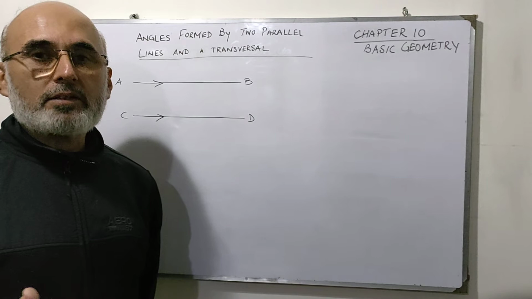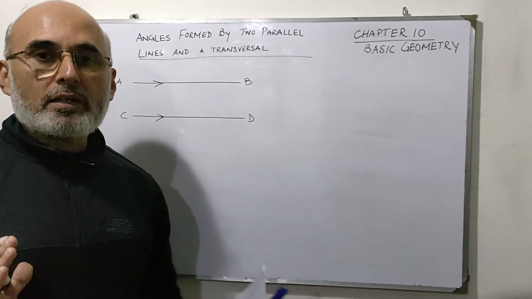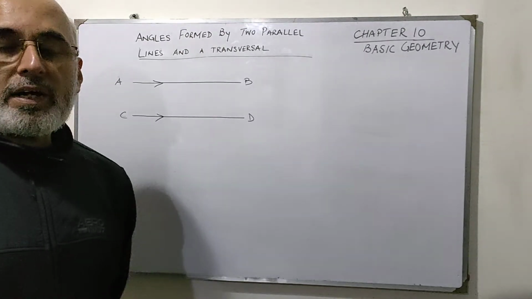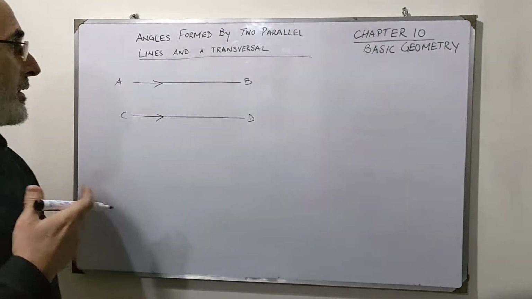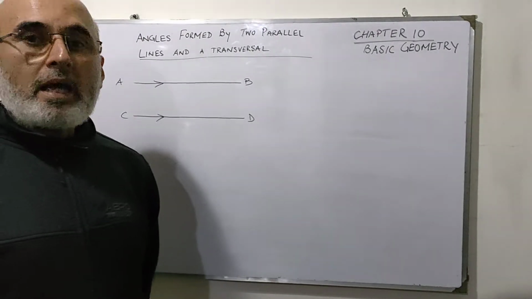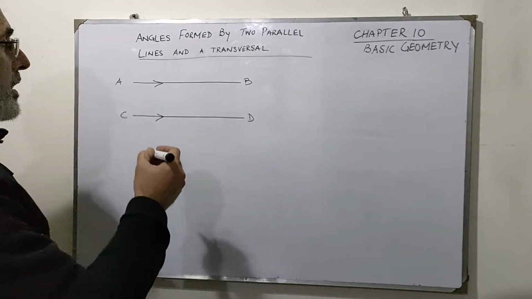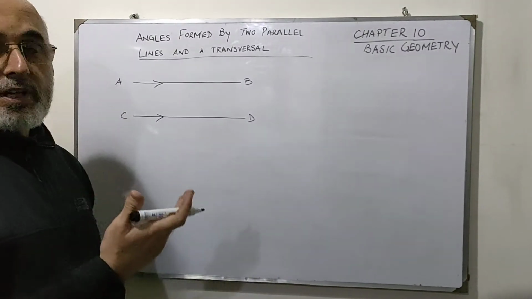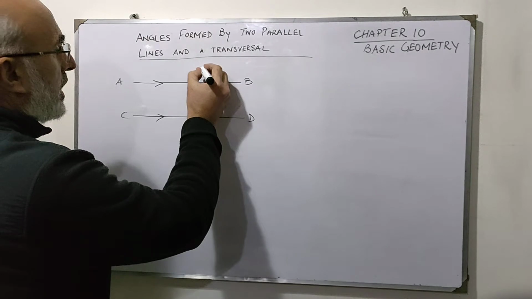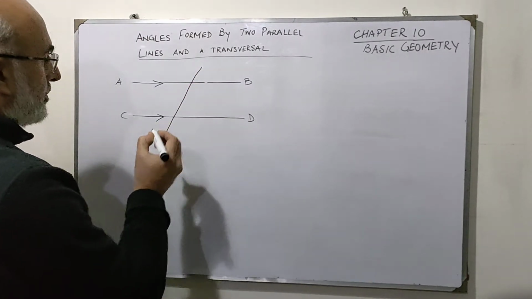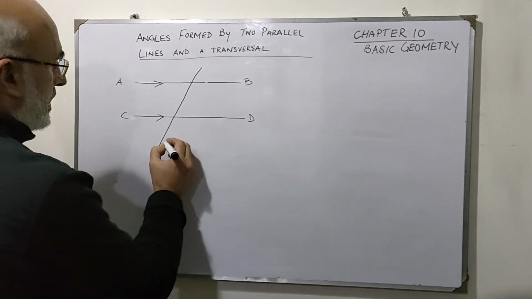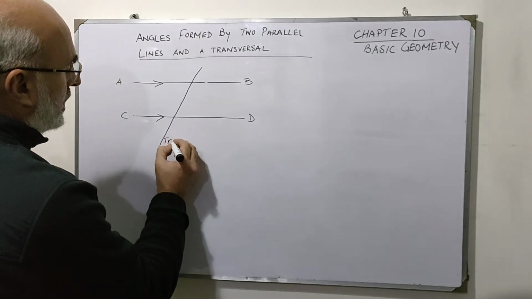They are just like the railway tracks, the two tracks going side by side, right? And these two lines are parallel. And if these two parallel lines, which are straight, are intersected by a third line, which is known as a transversal,